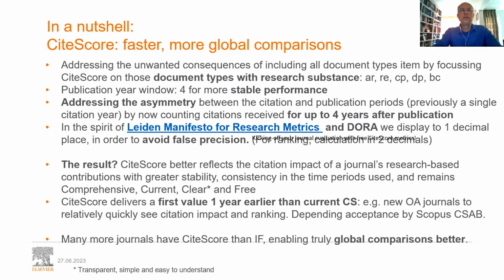If for one reason or another you would not have a lot of time to stay on this call, at least look at this slide for, let's say, CiteScore in a nutshell. I have to click away a bit of my screens because I have a few screens open. So basically, what we stand for with CiteScore is a faster journal metric with more global comparison. And what happened over the last 7 years after introducing CiteScore as a journal metric in the first place?